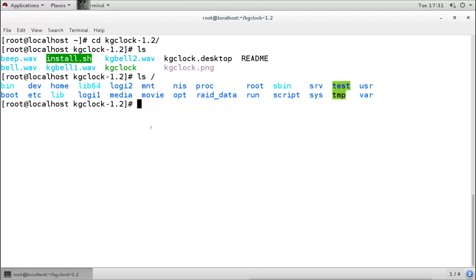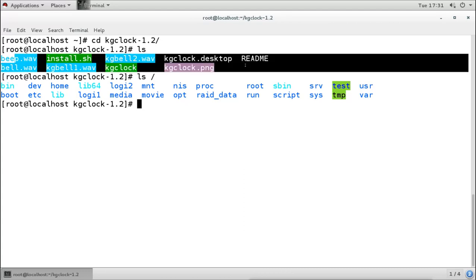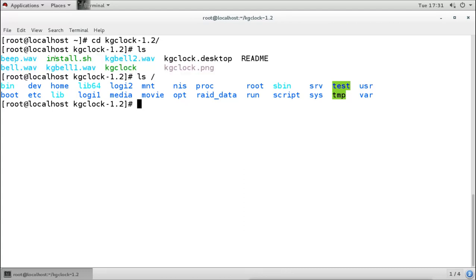So mostly when you download any software from the internet, it will come like this. There will be a zip file. When you open the zip file, you will see the files here, and you will see one script which is used to install that software. And also for your help, you will get some readme files that tell you how you can use it and how you can install it. Let's check the readme file here.